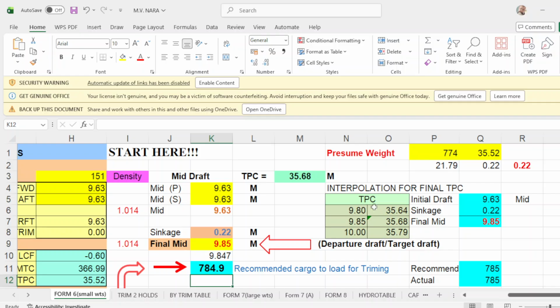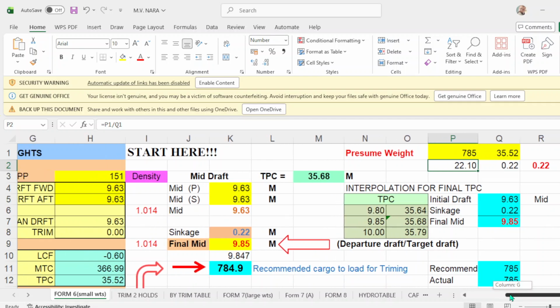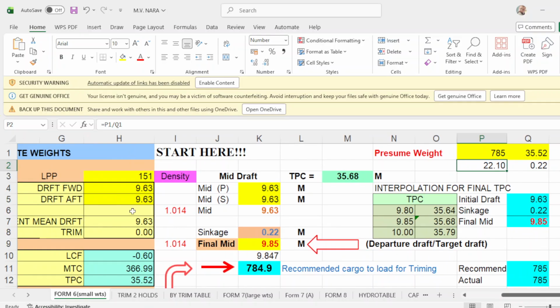Okay. I have here another equation. Now, let's say your weight is 7, make this 785. Okay. So put here 785. Okay. And the TPC is from your initial drop. Initial drop of 9.63, and the TPC is 35.52, which is this one.